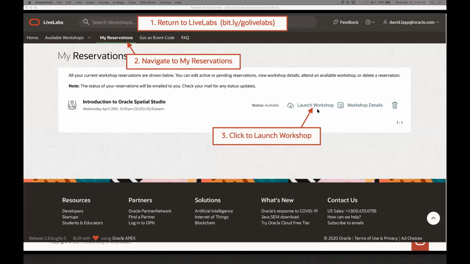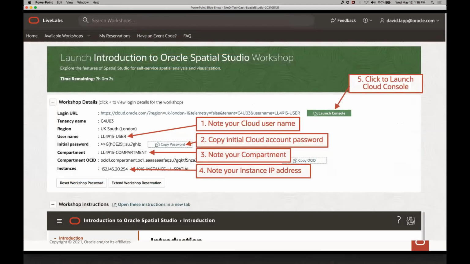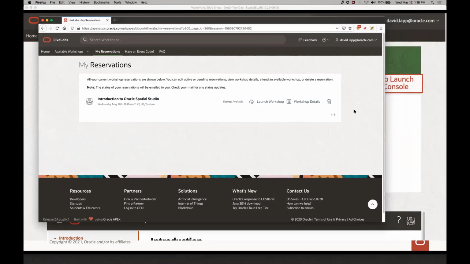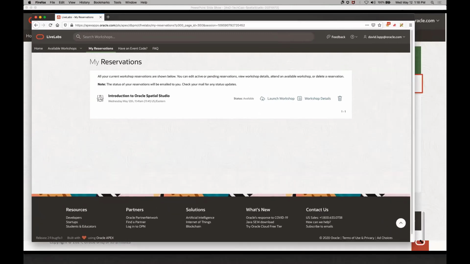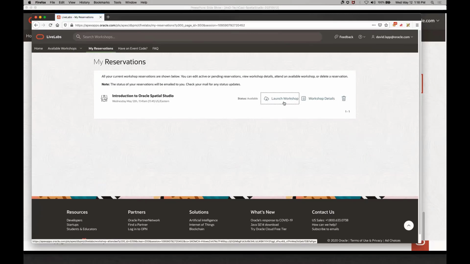Okay, so hopefully for all the people that had raised their hands, you should now be able to see this. So you can then click Launch Workshop, and it will take you to this page. So let me actually bring mine across here and show you. So we're looking at the same thing. So here's my Live Labs page. I clicked on My Reservations, and then I'm going to click on